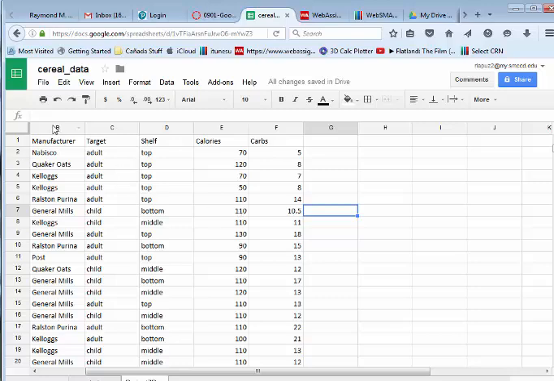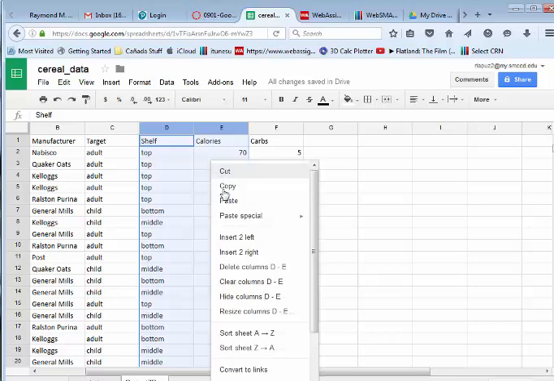I also don't need the shelf or the calories. So for this one, since there's two of them, I have to not have this highlighted, so let me go somewhere else. So while this column D is not highlighted, I will click and hold on to the click button, and then drag to the next one. Okay, now I'm going to let go of the click, and then I'm going to right click and then delete